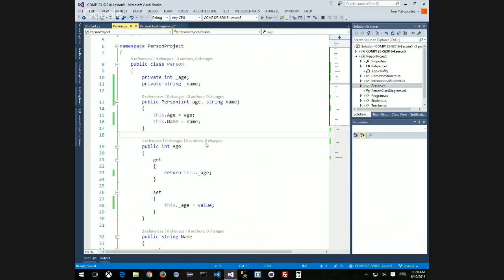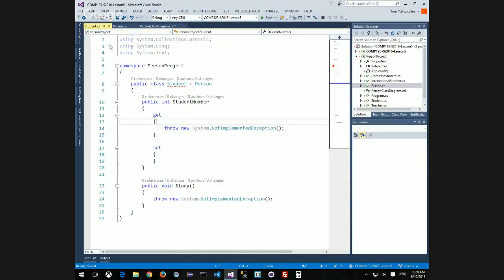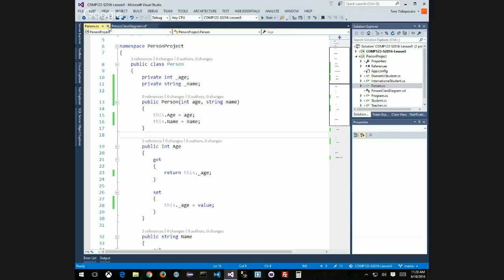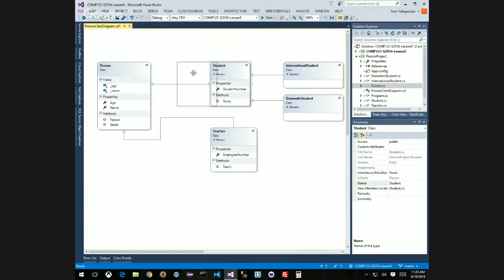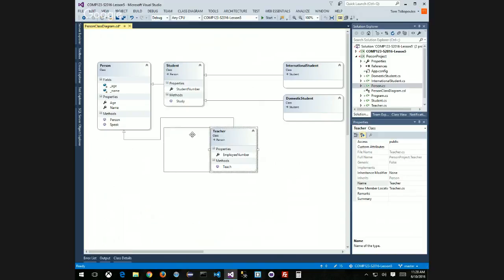Because remember, in my person, I added a constructor that has this, right? So in order for me to build my student, I need to do this. Let's fix this problem. And the way to fix this problem, of course, is in the class diagram first, right? I want a constructor for the student. I'm going to pull this over here like this. And my constructor is going to take not just age and name, but also student number